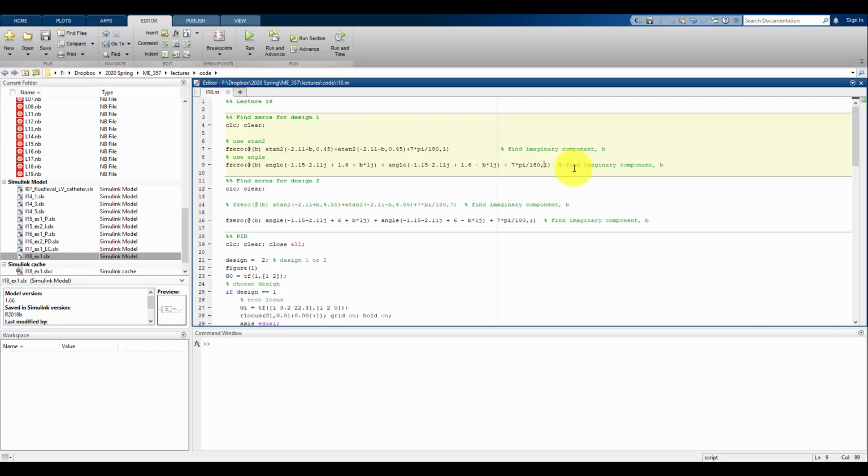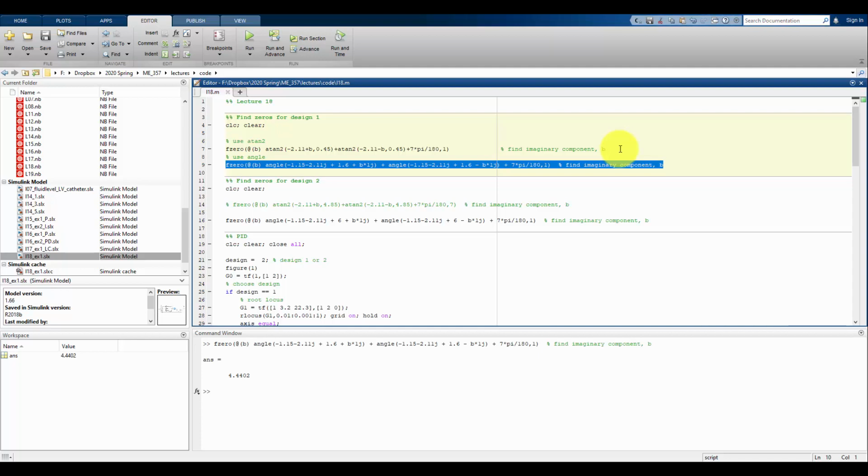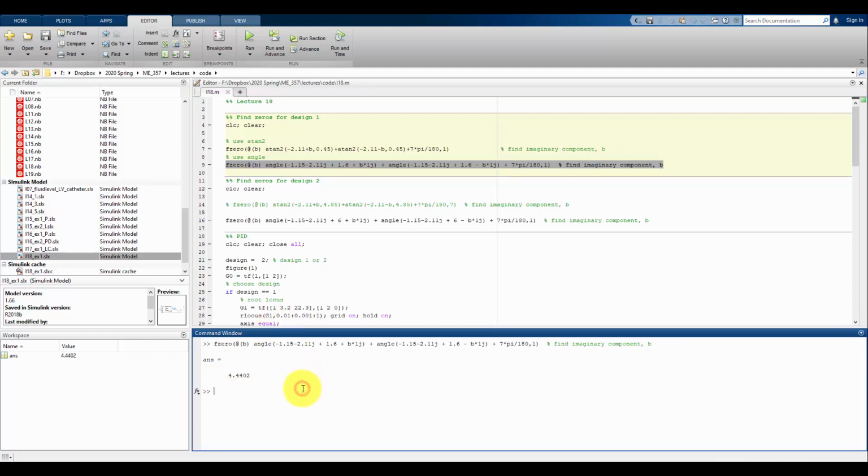Now, depending on how difficult it is to find what that value of b is, I might need to try different starting points. But let's see if 1 works. So I'm going to run this, and it's going to tell me the b that makes this true. All right, so applying fzero here, this is telling me that 4.44 is the value of b that makes that